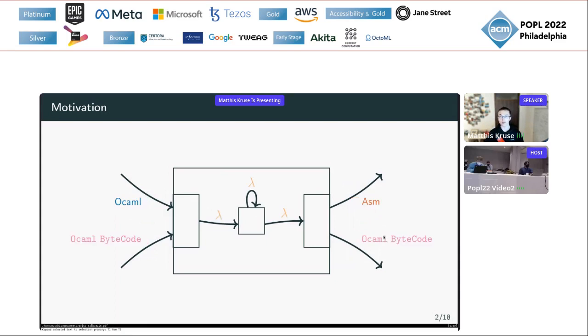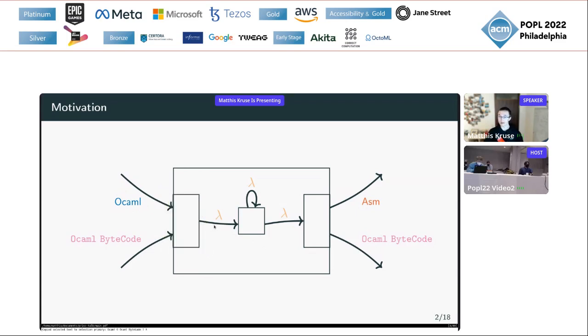Take OCaml as an example. It takes in ordinary OCaml code or OCaml bytecode, a custom assembly-like language for their virtual machine, and transforms the abstract syntax to an intermediate representation, which they call lambda form. Now, this lowering process of transforming the blue OCaml code to the yellow intermediate lambda form can be viewed from an abstract perspective as a compiler, aka this box at the very beginning.